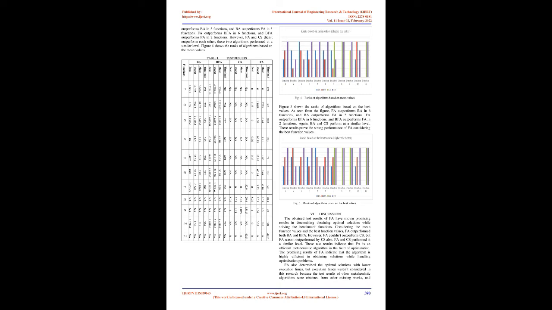Methodology. This section will discuss how FA has found optimal solutions using the benchmark functions. Figure 1 shows the working principle of this process. Depending on maximization, minimization, or any other factor, every function has the best function value. FA finds the best function value of various benchmark functions by a random search method. Each of the functions has one or more parameters, and these parameters have specific ranges. FA selects these parameter values within their ranges by random search. This process goes through a number of steps, as shown in Figure 1.